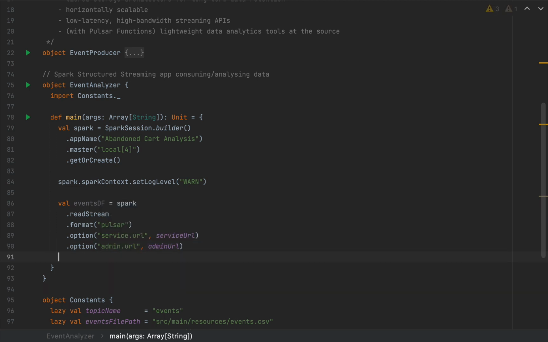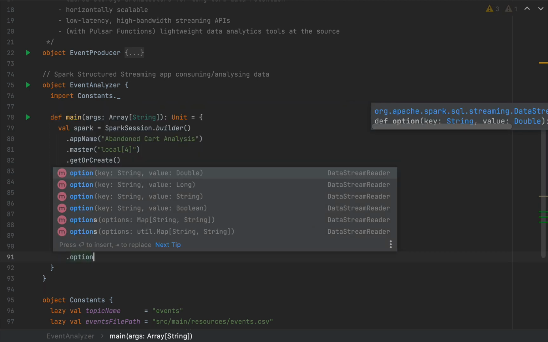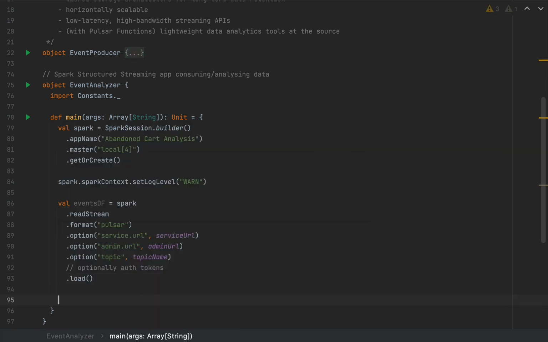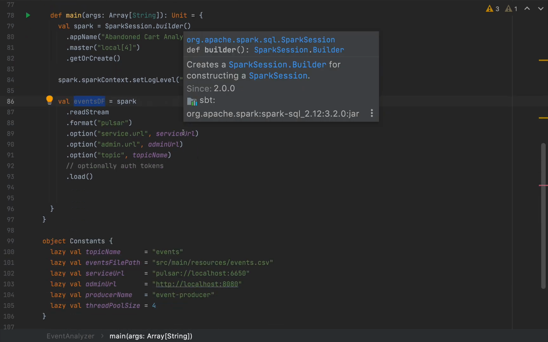And then need to pass the topic. So option with topic and the topic name. Now, optionally, you can also add some authentication tokens, and you can find the options in the blog post. So optionally, auth tokens. And then finally, I'm going to call load, of course. So this will be a streaming data frame. Now, this streaming data frame will contain some binary data, much like Kafka, so we need to parse our data